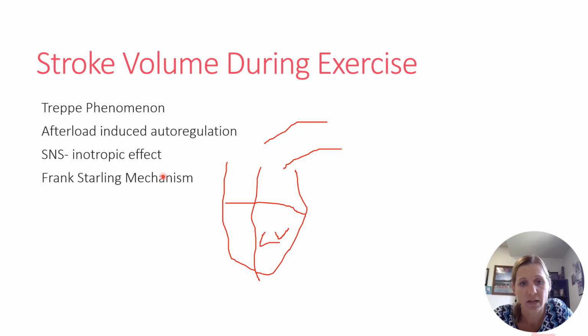We talk about the sympathetic nervous system. It has an inotropic effect. And inotropic means that it's going to affect the force of the contraction. And so, again, this isn't totally understood very well in the research. However, we do know that the sympathetic nervous system, something with the epinephrine and norepinephrine, will have a positive effect on contractility. So it will individually kind of yell at those cells and tell them to increase their strength of contraction in order for that stroke volume to increase. Again, that's all you need to know about that, because like I said, the mechanism for that isn't 100% understood.